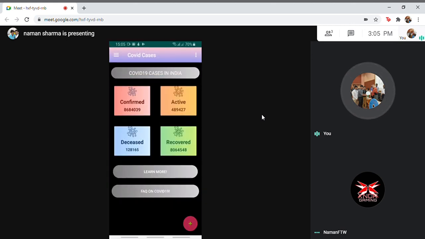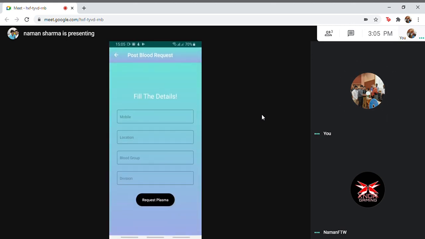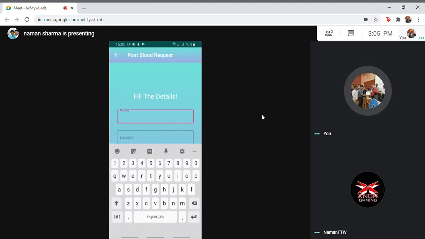And then at the top right, we have an option to log out. Oh, sorry. We also have an option to post the blood request in case the user is in need of blood. He can fill in their details and a request will be posted for Plasma, which will be shown in the home page for the application.